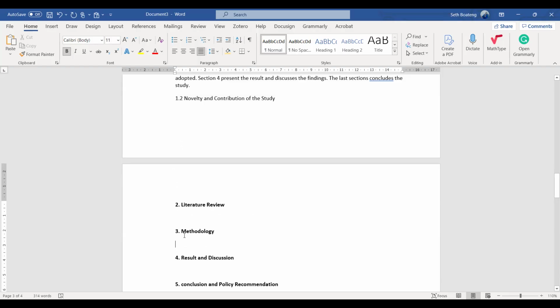If your variables are developed from theory, then you have to put the theoretical review under the literature review. We have written studies where we placed the theoretical review under the literature review, and there have been some of our studies where we put it under the methodology. Sometimes we developed our equations or our models from the theories.